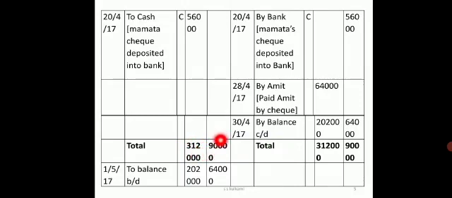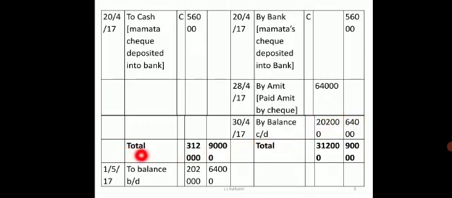3,12,000, and the total of cash column will be 90,000. Now from these totals, which is recorded the same on the credit side also, we will see what is the difference. It will amount to 2,02,000 for bank and 64,000 for cash. So the difference is treated as balance carried down, and the same closing balance of the last month becomes the opening balance for the next month, that is for 1st May.